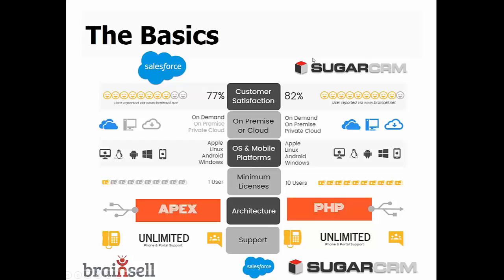Yeah, but here's another one, minimum licenses. That's a big one. Sorry, I interrupted you. That's a big differentiator there. Yeah. Many times we'll say it'll be an upstart or what have you, and they say we really just need to start with 5. Sugar's going to have that 10 minimum license count.